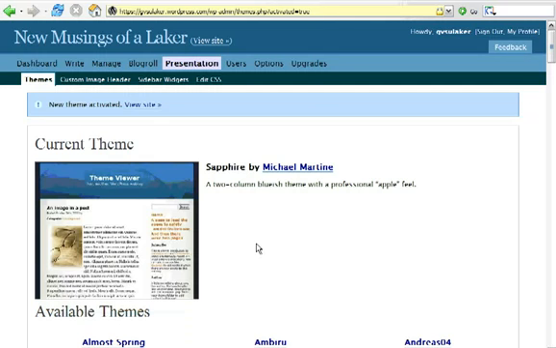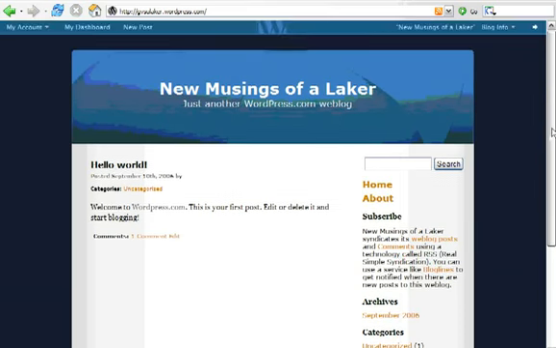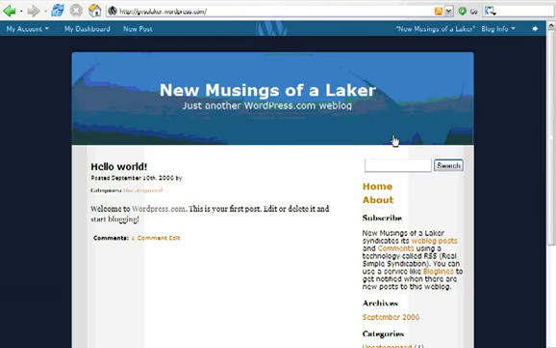Okay. And 2 columns just mean you've got the main text column here and then the sidebar column. If I view my site, I can see that that's been changed. Pretty easy. And it comes with a free search tool. That's cool. Let's go back to My Dashboard,